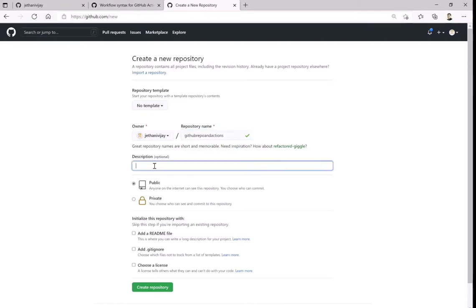If you want to give some description on top of that, you can say, this is a repository for code and workflows. This you have to choose based on how you want to collaborate. This can be public or private depending upon how you want. If it is private, then only those whom you invite can see it. If it is public, then anyone on the internet can see your repository. So this is how you will go and create your repository.